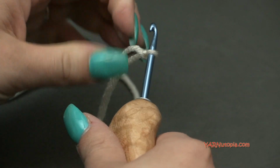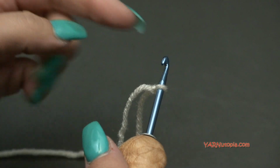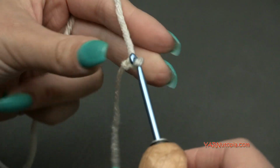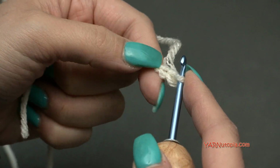Okay, we're going to start out by chaining 2. Now, if you wanted to, you could have started with the magic ring and chain 1. But I'm going to chain 2 here. 1 and 2. And in the second chain from the hook right here, we are going to put 6 single